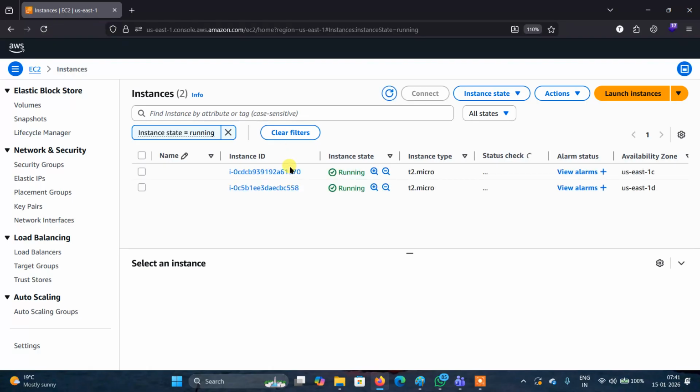Now check here, another one is running. See, this server one is deleted and another one was created. See this initialization, you can check the status check. What happened here? It's replaced by another one.